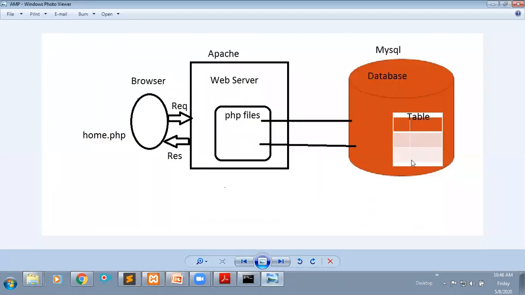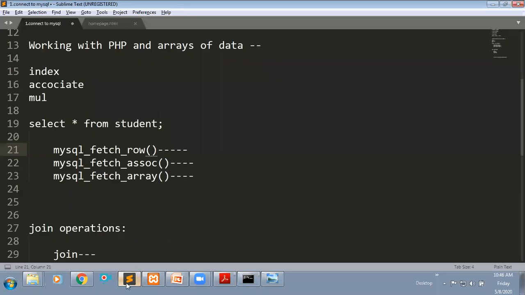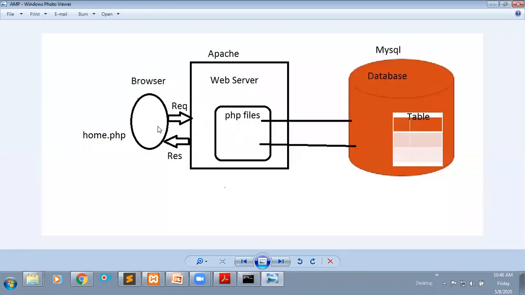From this table I'm retrieving the data and I want to display it in the output, so I need to give the result. For that, first you need to connect with your database, then select that database where your table is available, then write the query and use these functions and display that in the output.